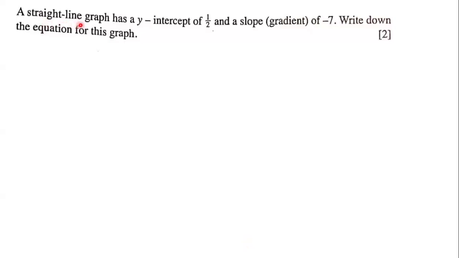A straight line graph has a y-intercept of 1 over 2, or a half, and a slope, or gradient, of -7. Write down the equation for this graph. And so the general form of the equation of a line is y is equal to mx plus b,